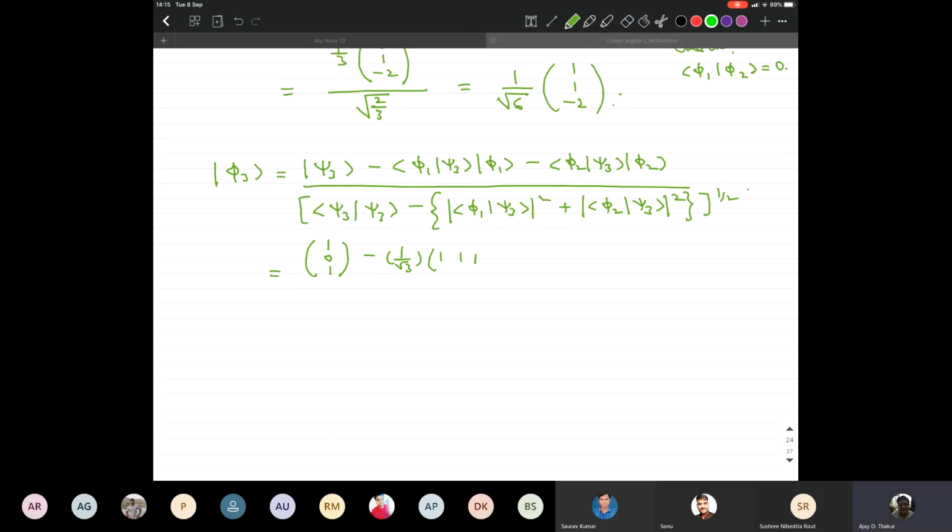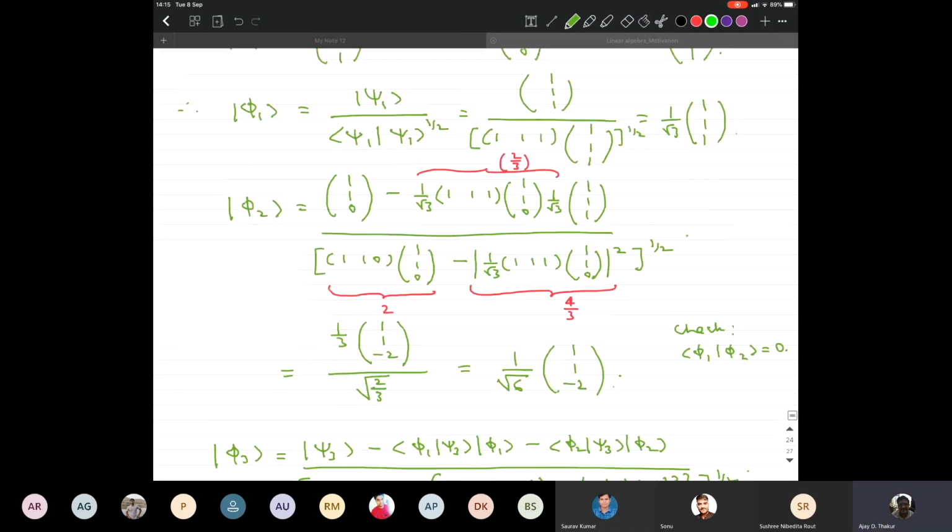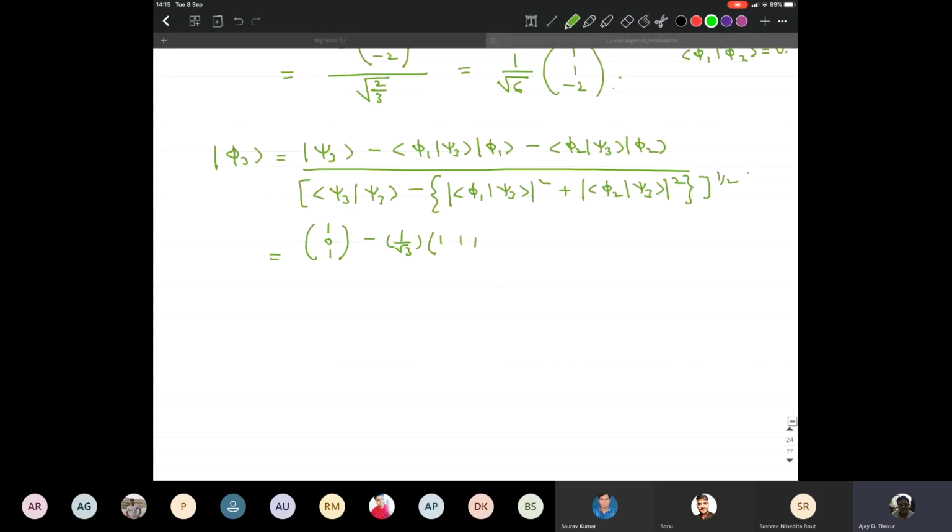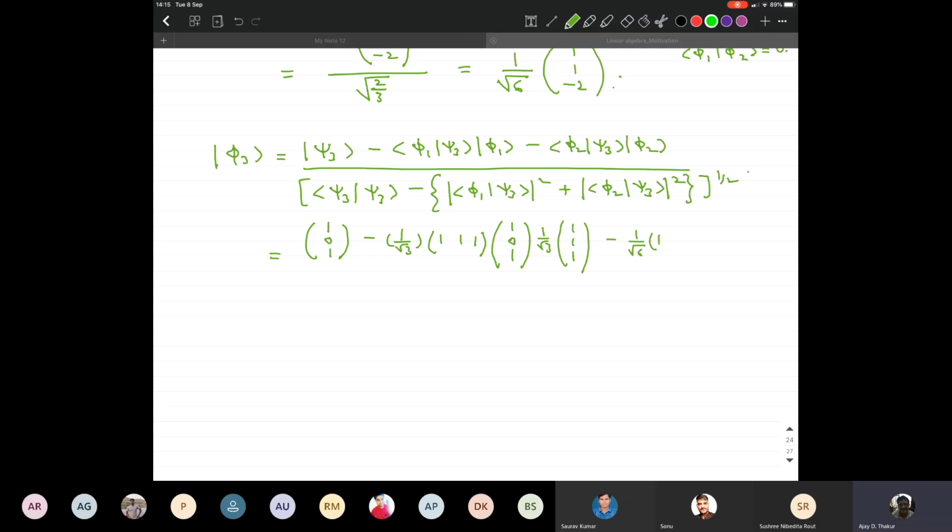So phi1 is going to be 1 over root 3 times (1, 1, 1), with (1, 0, 1), and then again 1 over root 3 times (1, 1, 1). So that's the first projected out component, and the second projected out component is going to be 1 over root 6 times (1, 1, minus 2)